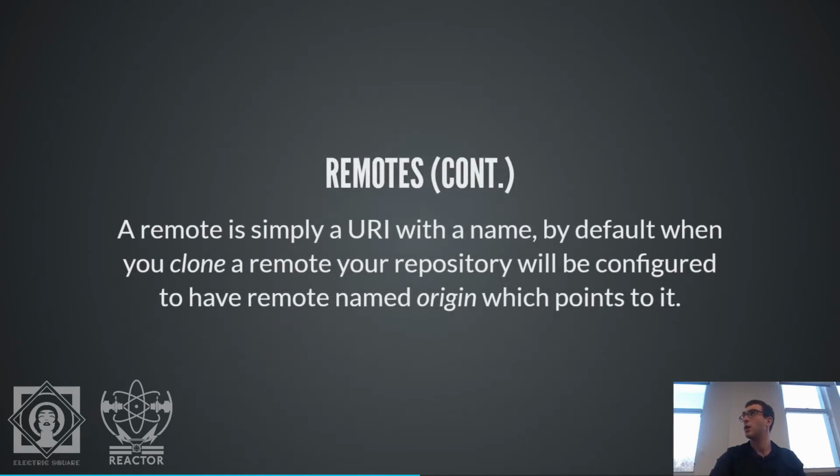So what a remote is, is basically just a URI or a URL. Just like an IP address and then a folder name, which points to that repository. And then you can give it a name locally. And then Git just provides some syntactic sugar and helper commands to let you push stuff to it and pull